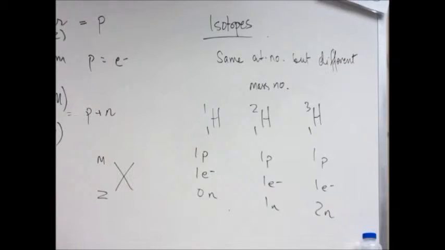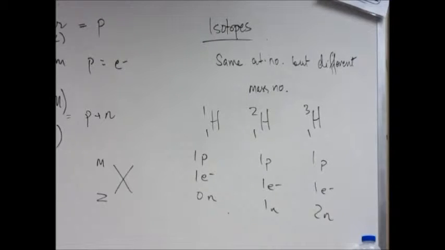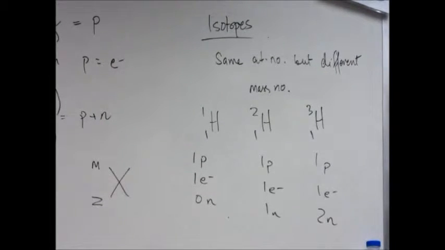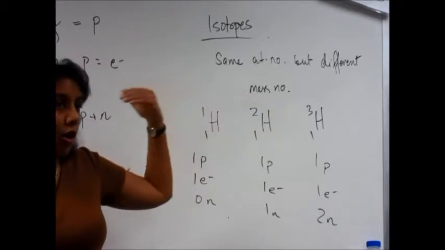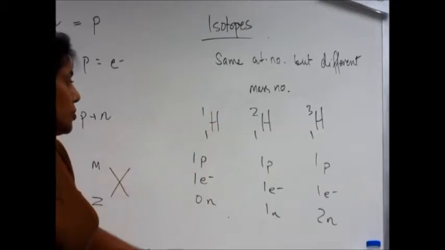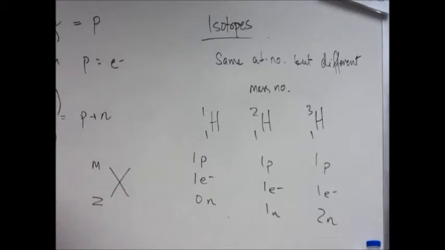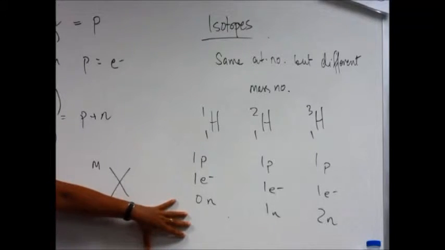Now the whole question becomes: what is the ratio of these isotopes? First of all, isotopes are naturally occurring, meaning nobody creates them. You can create them in a lab too, which is what Marie Curie and her daughter Irene Joliot-Curie did. They actually made some of these isotopes. But in general, a lot of elements exist naturally as isotopes, which is why you have decimal points in all of these. These are all naturally occurring isotopes, so they're already out there.